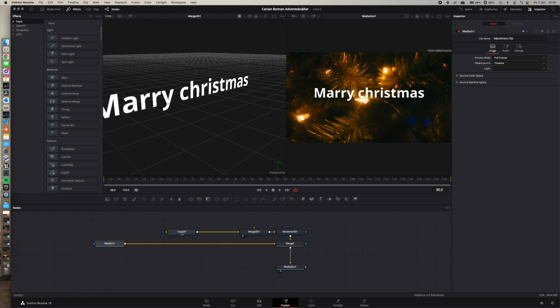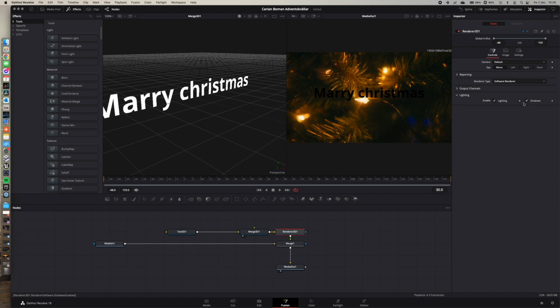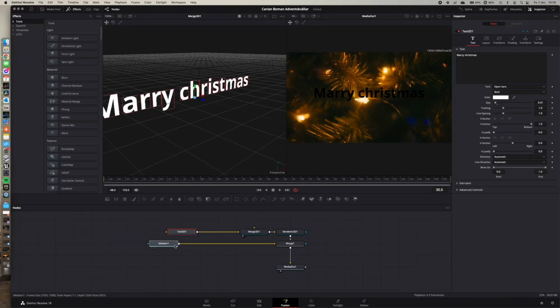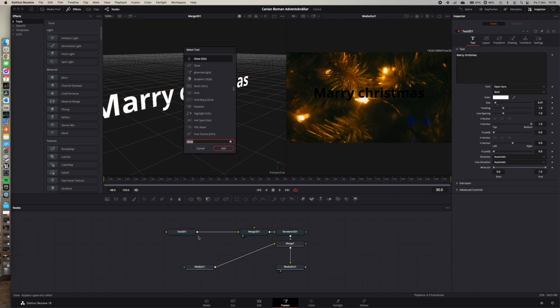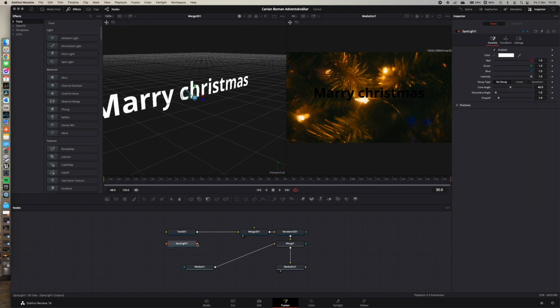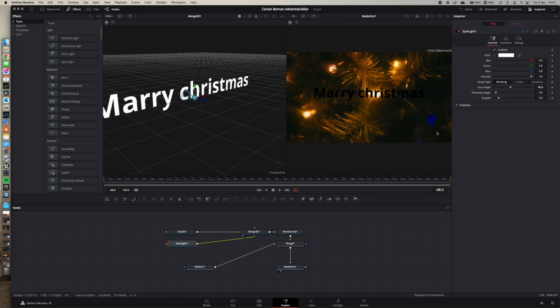I have added a 3D text and a merged 3D and a rendered 3D. We go to the render 3D and enable lighting and shadows. Now the text is black because we need some light. If we press Shift and Space, Spotlight, and we connect it to the merge node, go to the beginning of the timeline and go to transform,